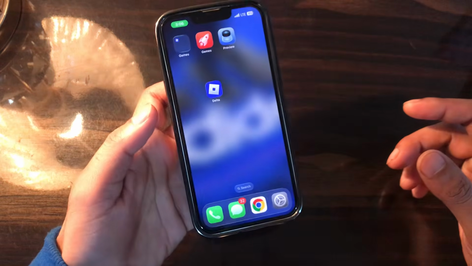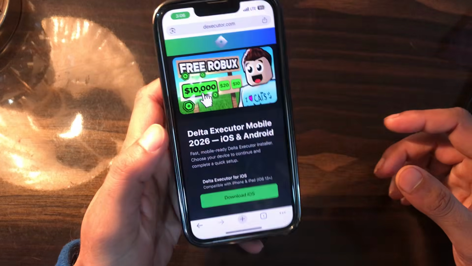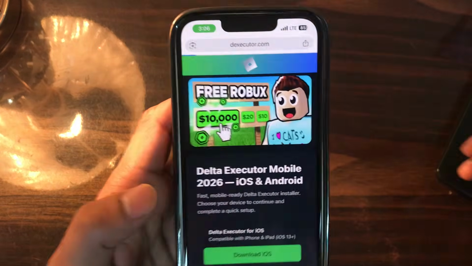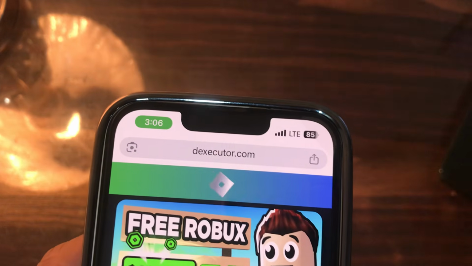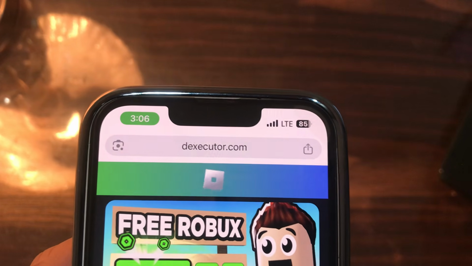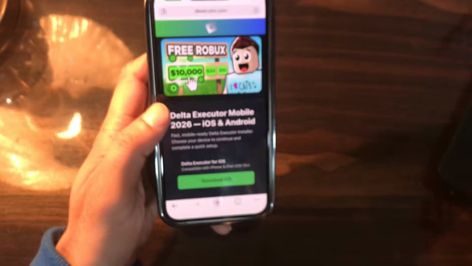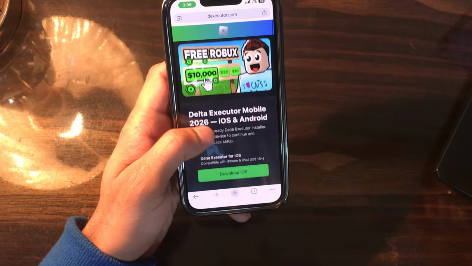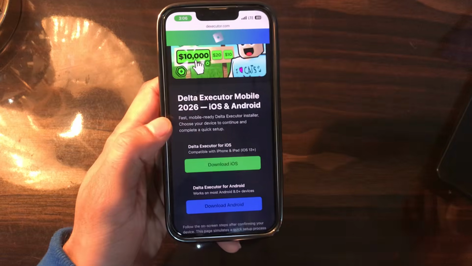First of all, you need to open up your browser and go to the address bar over here and type this the executor, and make sure you are spelling it right so that you can jump into the right website. And this is the interface, guys. Make sure you are going to the right place so that you can get the newest and updated version of